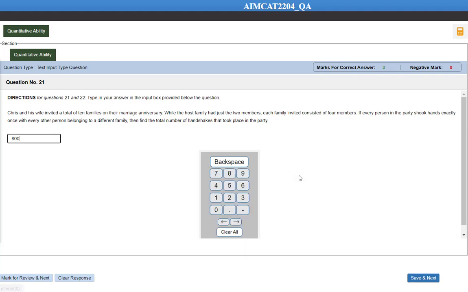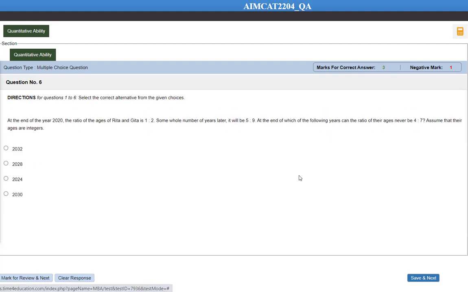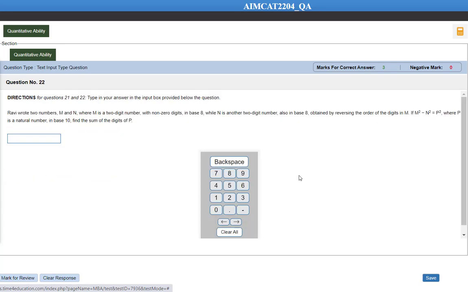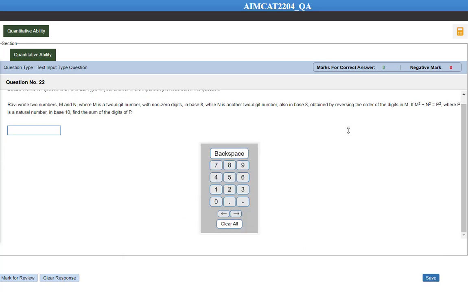Okay, so we are left with 1 minute 50 seconds. Let me check which question we can do. Let me go through all the questions because very few seconds are left. Hold on, I don't think we will be able to solve any question in the 1.5 minutes. Okay, but let's try this question. Let's try the 22nd question.